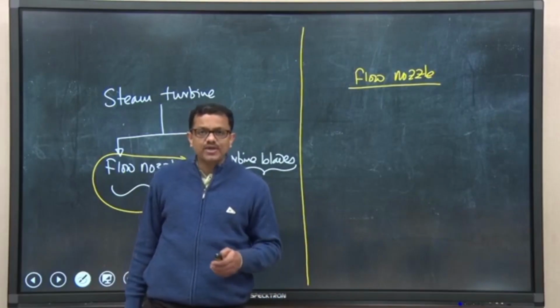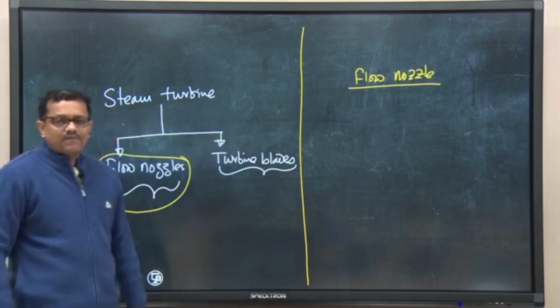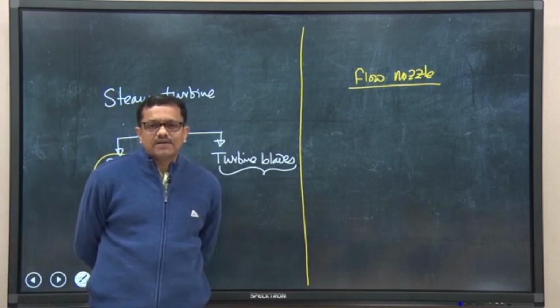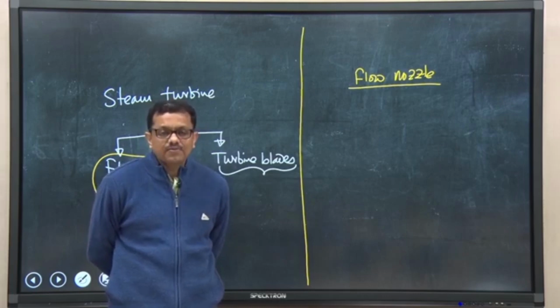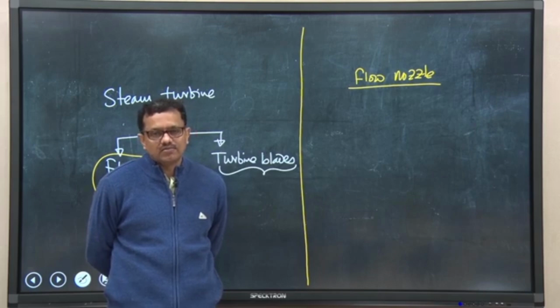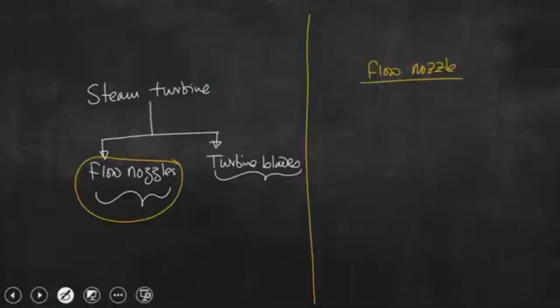When steam is flowing, we need to analyze that flow, because the entire objective of the flow nozzle is to produce a steam jet. So, if we draw the shape of the flow nozzle,